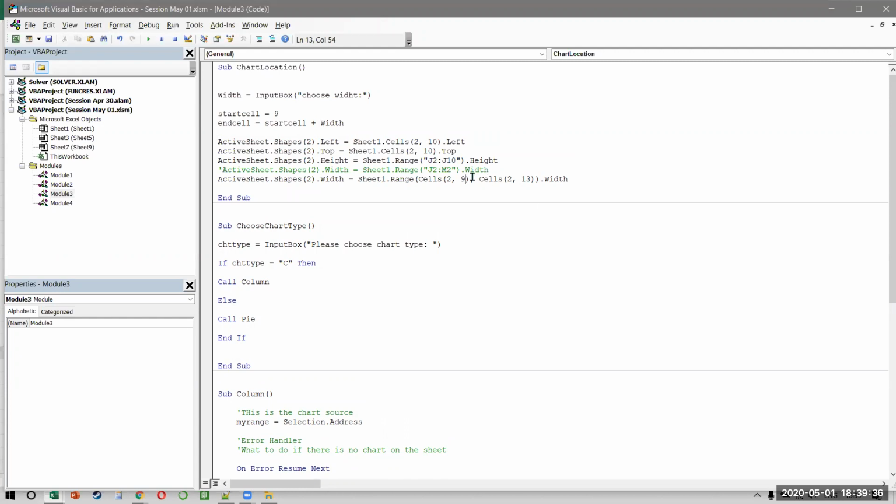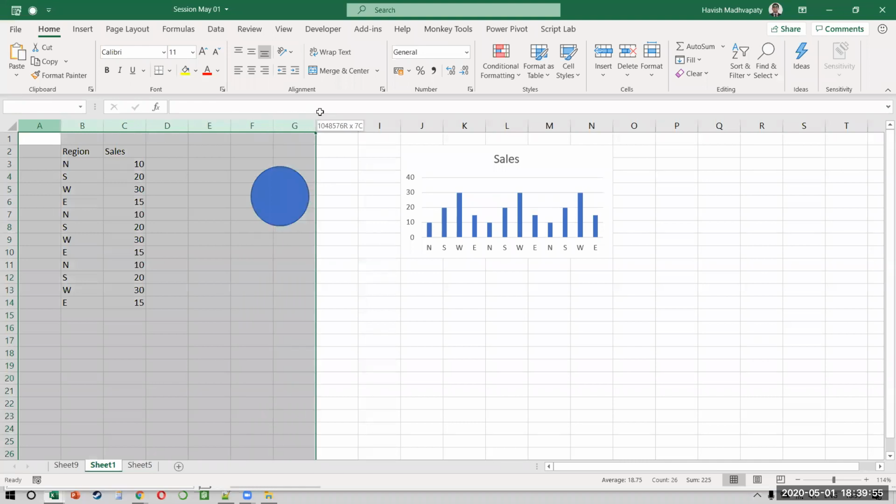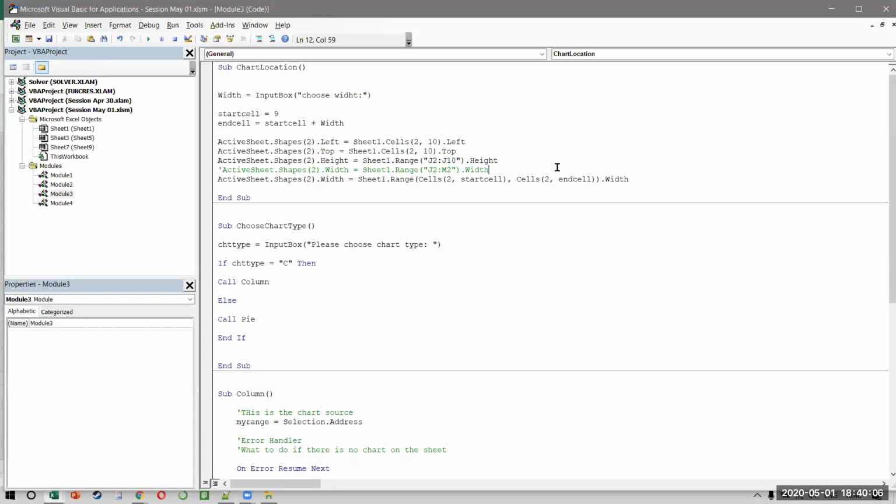So if you notice carefully, what we have managed to do is we have copied a code from the internet. We have made it a little more dynamic. So what happens? The user decides the width, that is a number. Let's say he chooses 5 or 10 or 2. The starting cell is 9. What is 9? 9 is nothing but 1, 2, 3, 4, 5, 6, 7, 8, 9. So if you notice, this is the corner in which the cell will start. Now, how wide will the chart be? This is 5 because I'm choosing 5. So that number can be chosen by the user now.